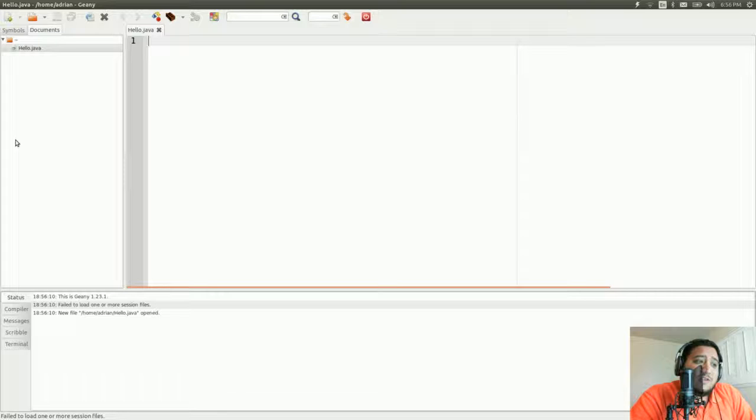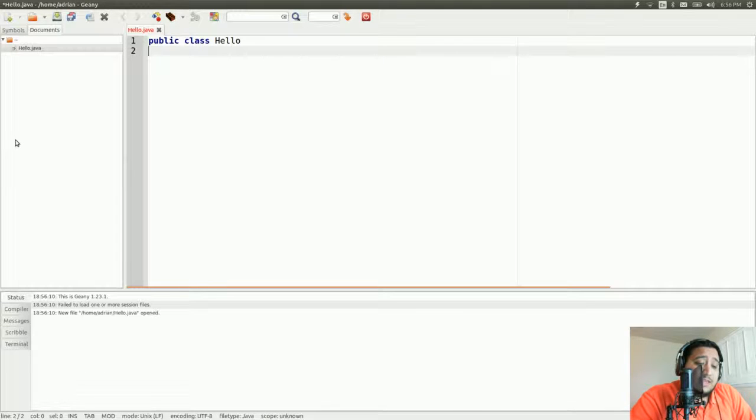The magic incantation goes like this. Public class hello, and you'll notice hello matches the name of the file that this program is associated with. And then you hit return and type an open curly brace, that is usually next to the P on the keyboard,